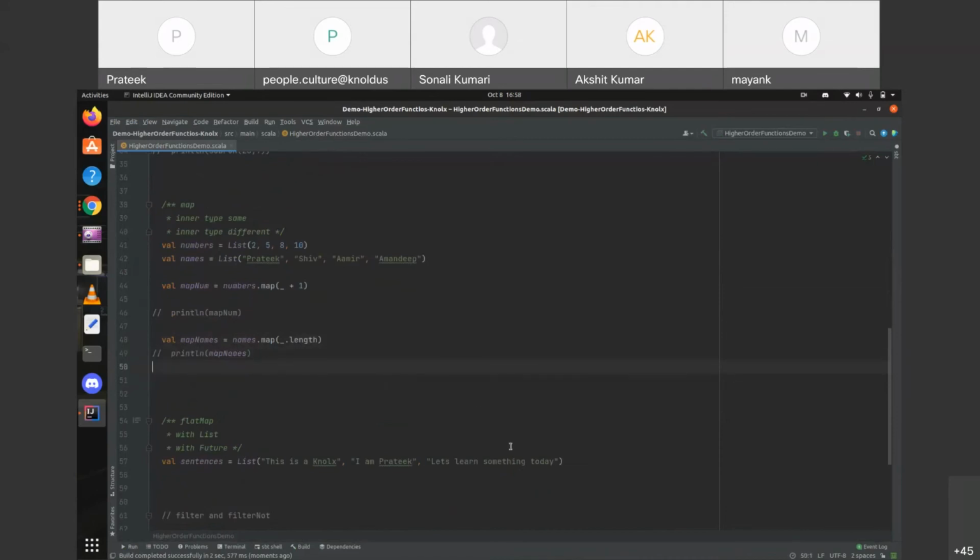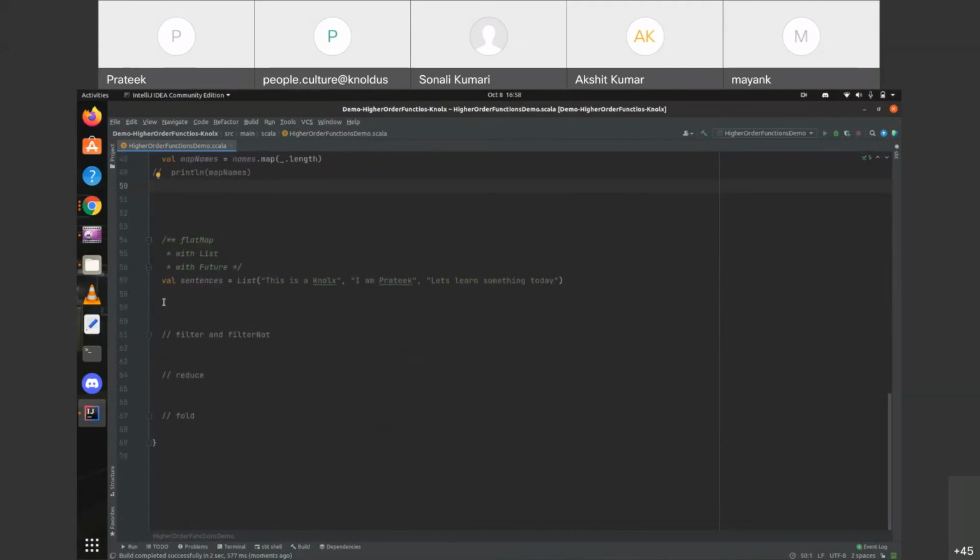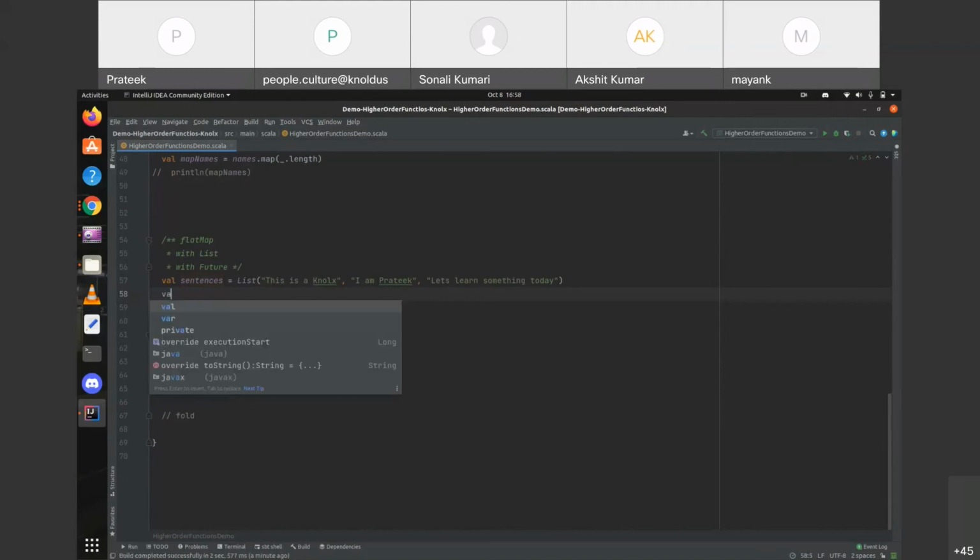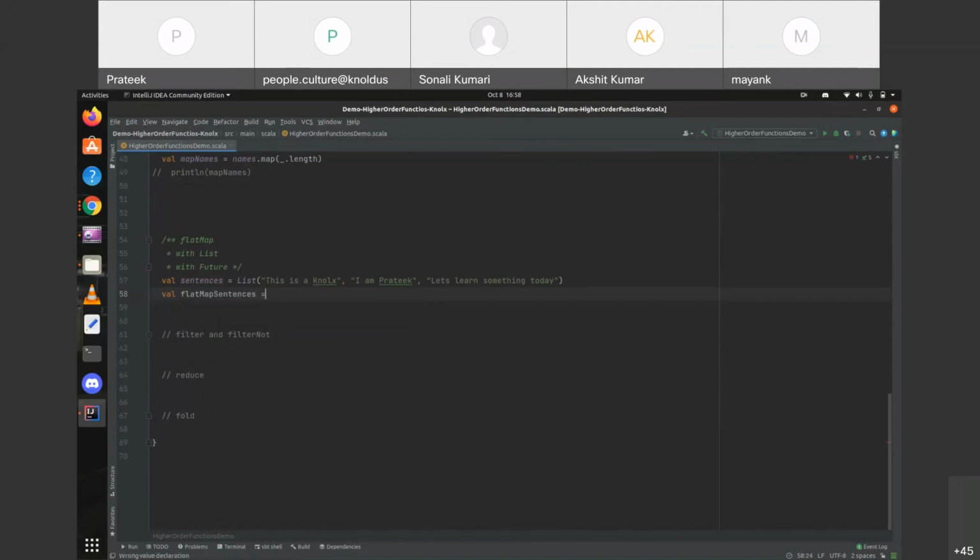Let's quickly comment out this. Now let's see some examples of flat map. So we have sentences, and we simply have a list of strings. Now we'll quickly see an example of flat map. Let's say flat sentences, you can give it any other name. So sentences dot, let's say first we try to call map on it.